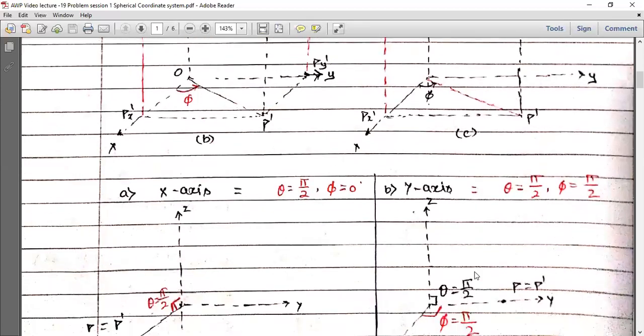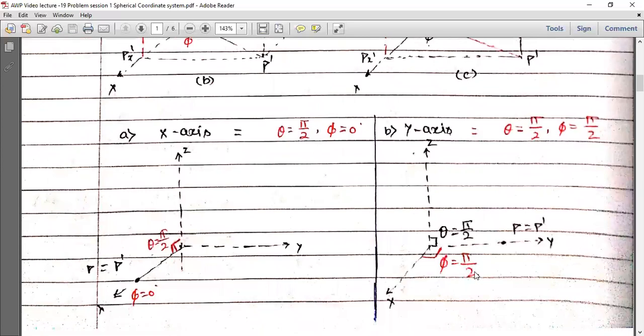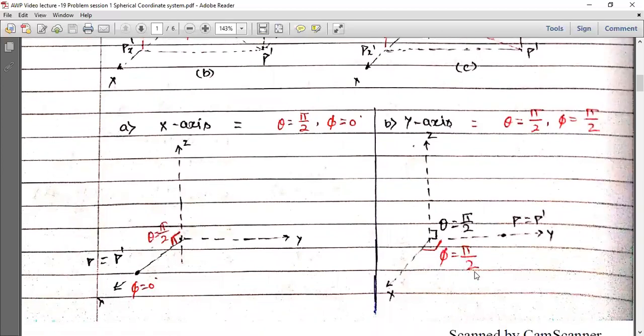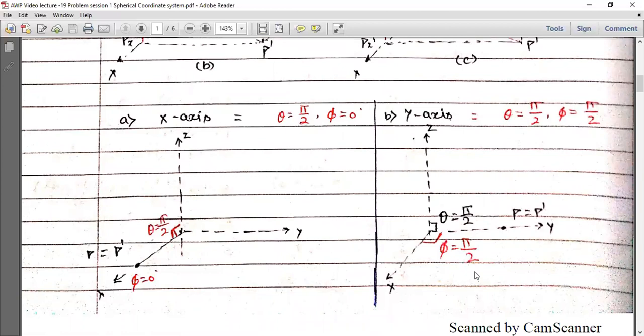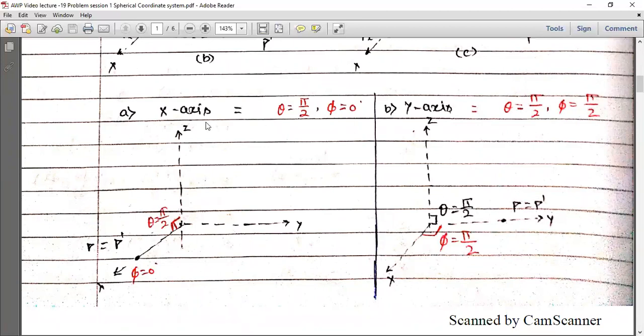upcoming numericals. So now our first question is to find the equations for the x-axis. What is the meaning of finding the equation of the x-axis? If any point is lying on the x-axis, what can you assert about that particular point in general? For that purpose, we assume this is our rectangular coordinate system. This is the x-axis, this is the z-axis, and this is the y-axis. On the x-axis, we place a point in general, and we don't know where the point is located. It may be anywhere, so in general we place this point P on the x-axis itself.